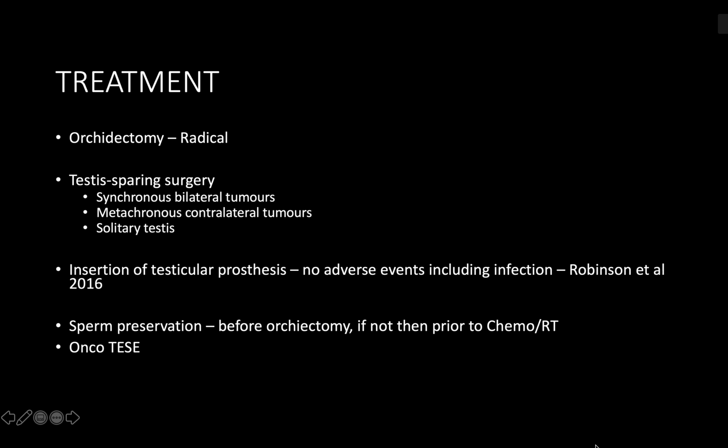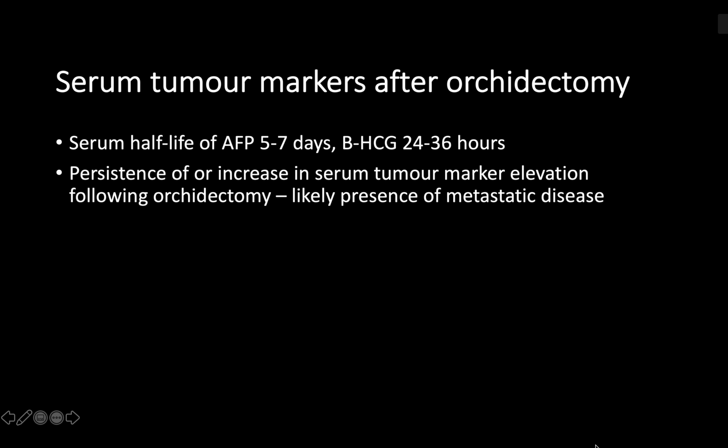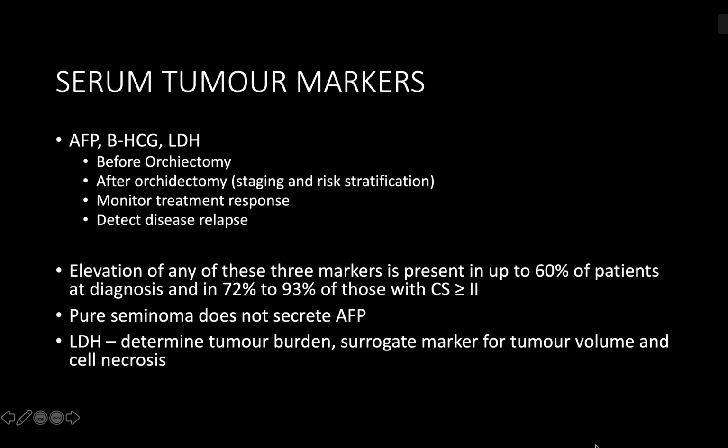How does that help, the serum tumor markers pre-orchidectomy? Pre-orchidectomy, they have a role in diagnosis, in staging as well, because there is a separate S classification to the TNM staging. So pre-orchidectomy, they have a role in diagnosis and staging. Okay, so for the S classification,